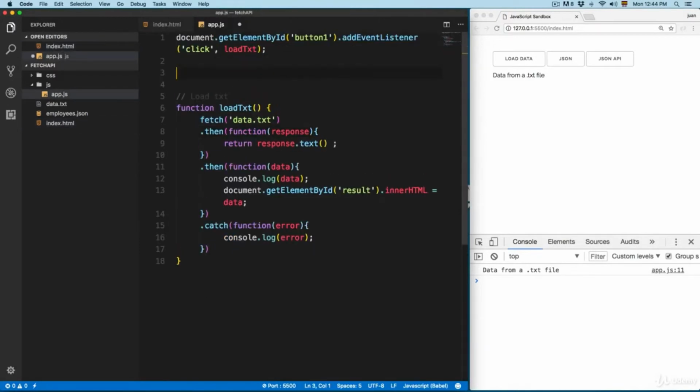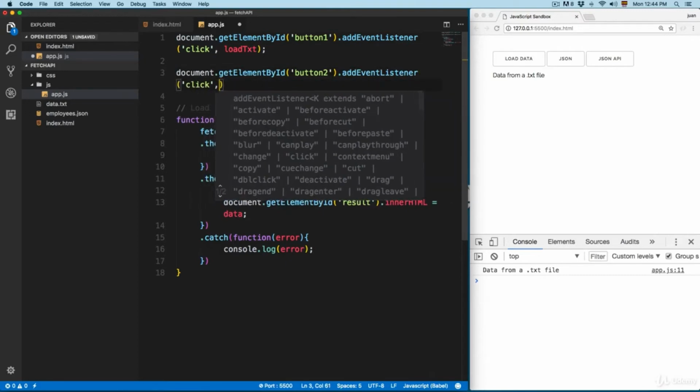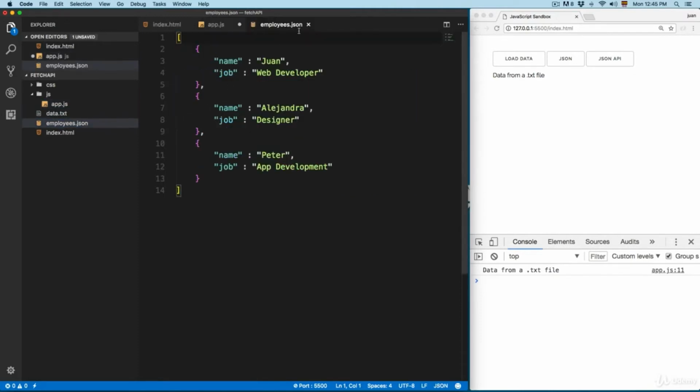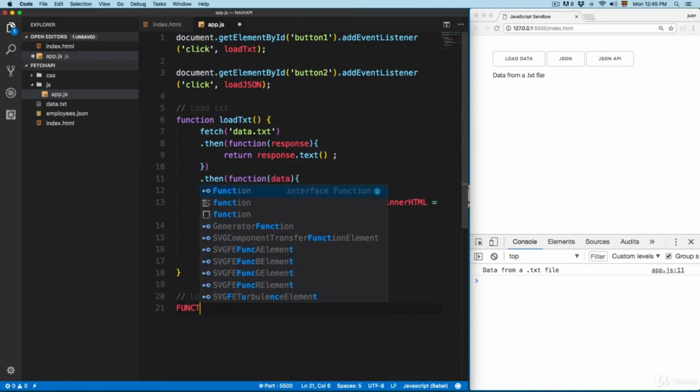So right here, I'm going to create a second event listener. This is going to be button 2. It's going to have an event listener. Also, it's going to be click. In this case, it's going to be load JSON. So we're going to load this employees.json. So close this, copy this. And here on the bottom, I'm going to add load and print JSON. So we're going to call this function